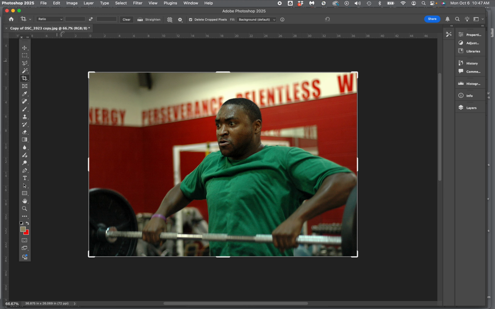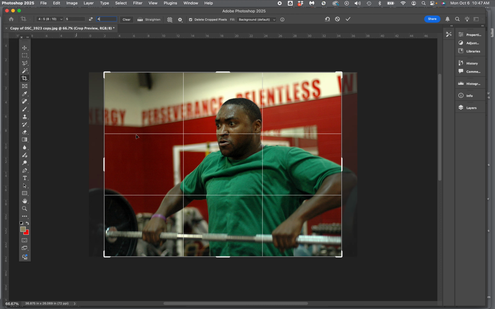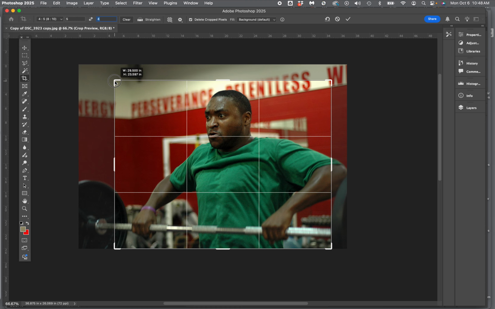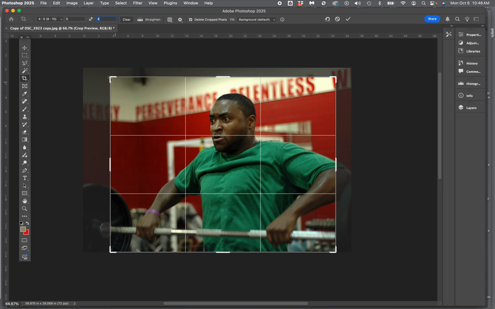Another way to crop is to select ratio up here in the top left. And if you type in some numbers, it will give you a preset square or rectangle. Let's say, for example, you want a ratio of 5:4. And that is a very common photographic ratio that fits most standard photo paper sizes, and it's also good for most standard screens. Once you type in the ratio, if you left click and drag corners, it will always stay